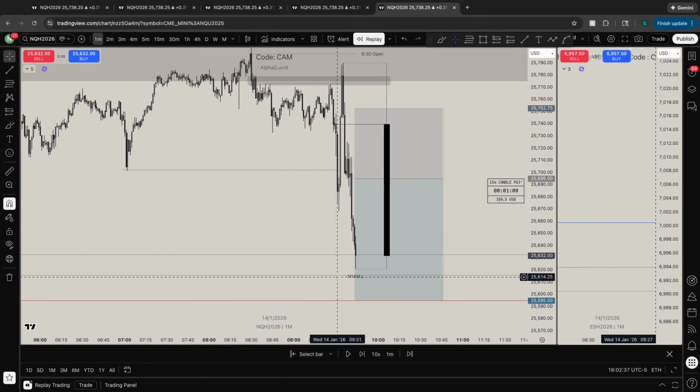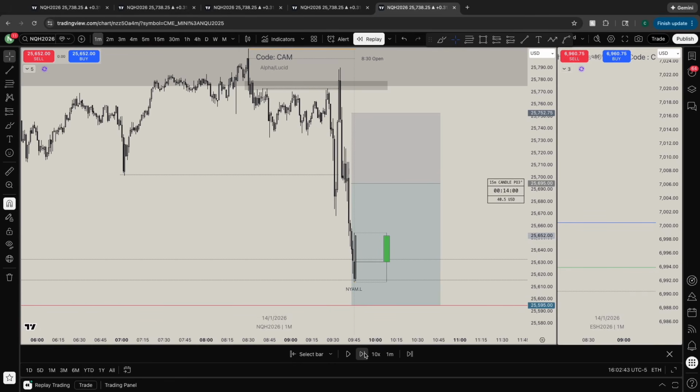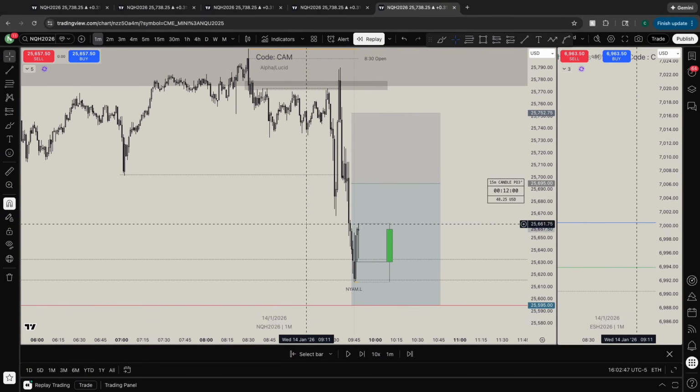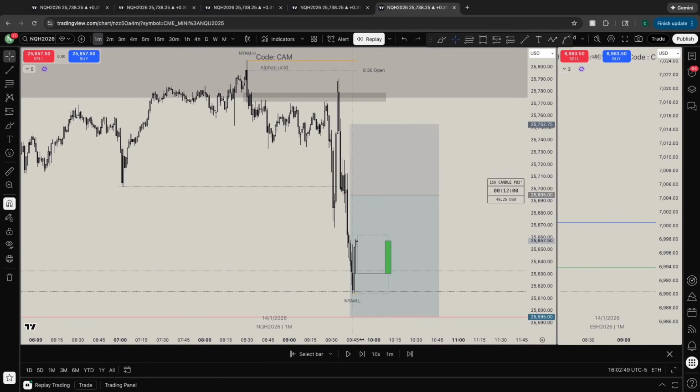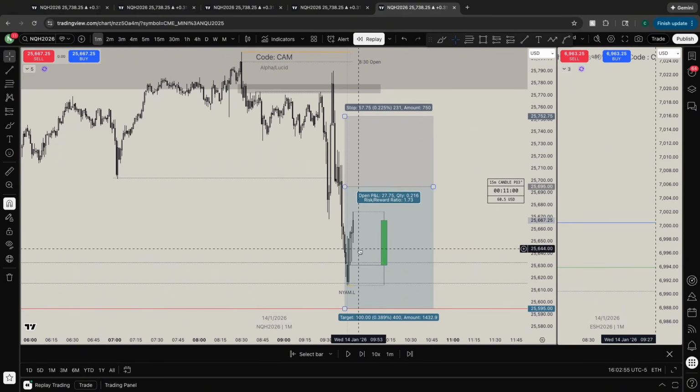Our draw on liquidity is still lower at this point in time, and that's what's really important to understand. So here is our opening. What ends up happening? We manipulate higher into a high time frame PDA. You can see that this is our mitigation block as well as an unmitigated PDA. Now, this is going to be the true manipulation where I would want to continue seeing expansion lower,